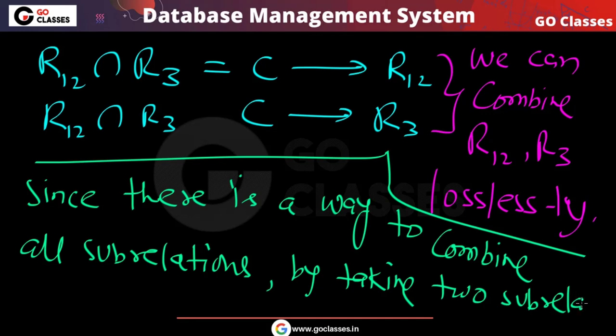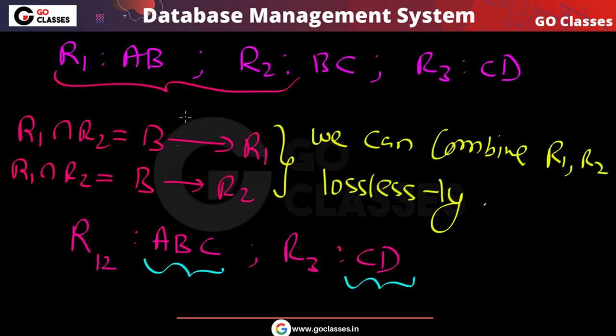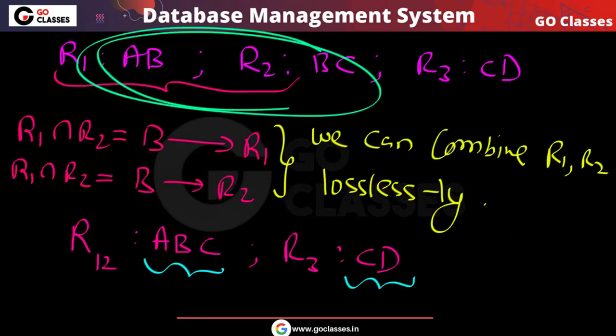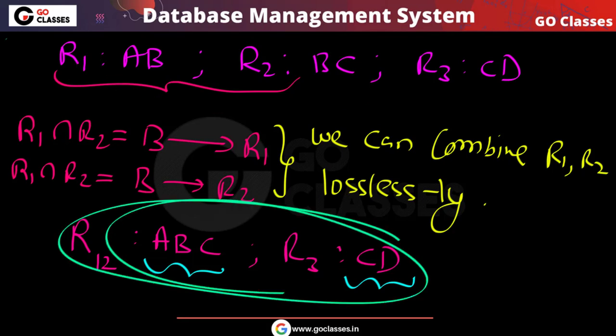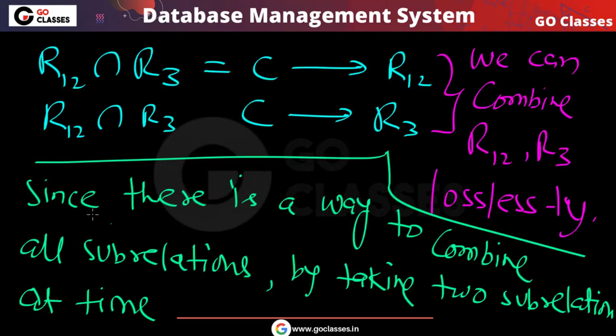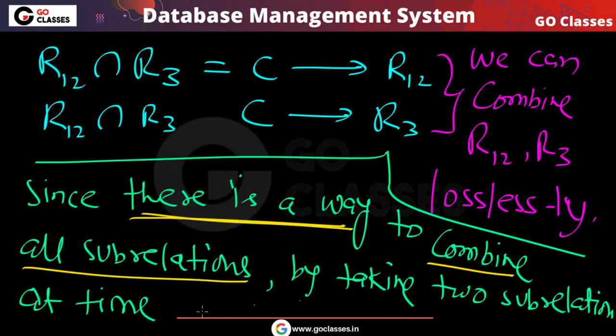Okay, so this is what we have done, yes or no? We have taken two sub relations at a time. You can notice, first we were taking these two sub relations, then we were combining them, then we were taking these two sub relations, then we were combining them. So since there is a way to combine all sub relations by taking two at a time in a lossless manner,